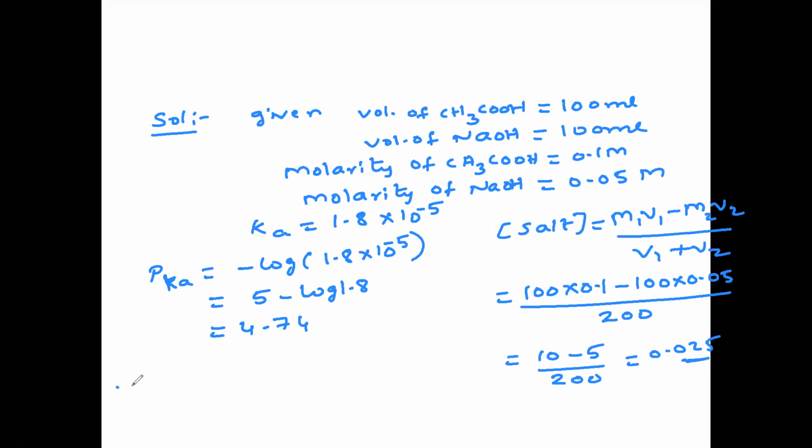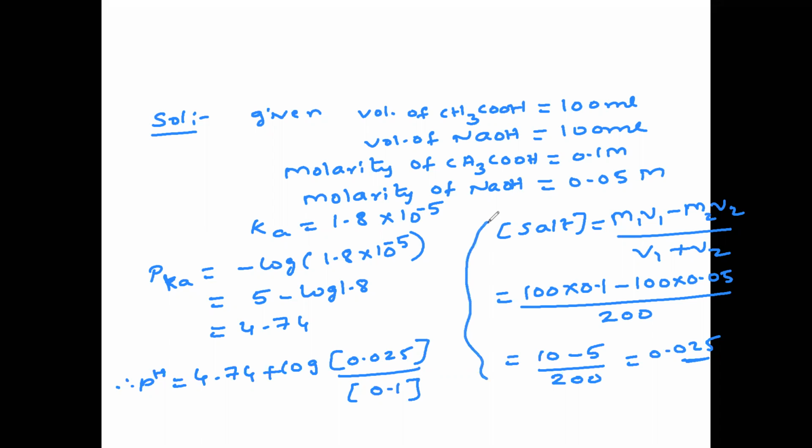Now pH is equal to 4.74 plus log of the concentration of salt. Salt is how much? 0.025 by the concentration of acid, that is 0.1. The acid concentration you have to take like that only. So it is equal to 4.74 plus log of 0.025 by 0.1, which is how much? 0.25. So log 0.25,